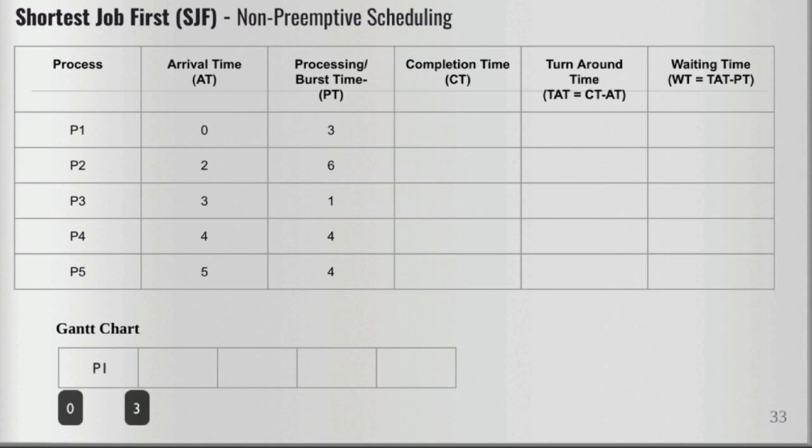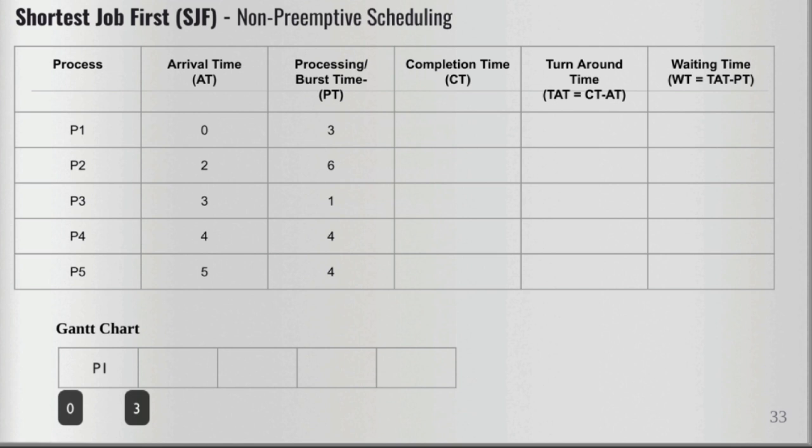So how would we decide which one to execute first? See, if you take a look, out of the two, the criteria is shortest job first, which means whichever job or process has the lower or shorter processing time or burst time will be executed first. So out of P2 and P3, who has the shorter processing time? As you can see, P2 has 6, P3 has 1, so